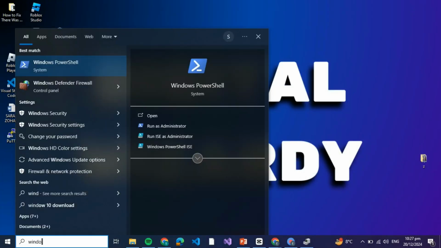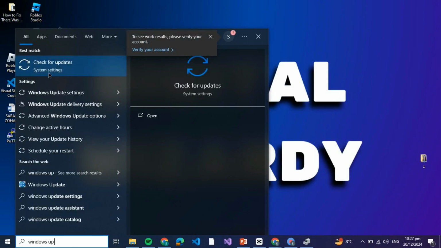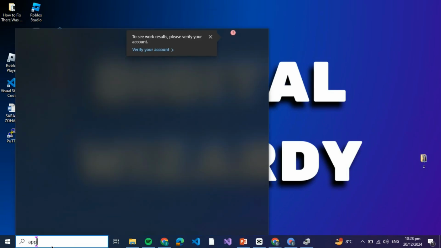But if the issue is still there, you can go to the Windows search bar and search for Windows updates and click on check for updates. If your Windows has any new updates, you can just download those updates and then relaunch your application and your issue would be resolved. But however, if the issue is still there,